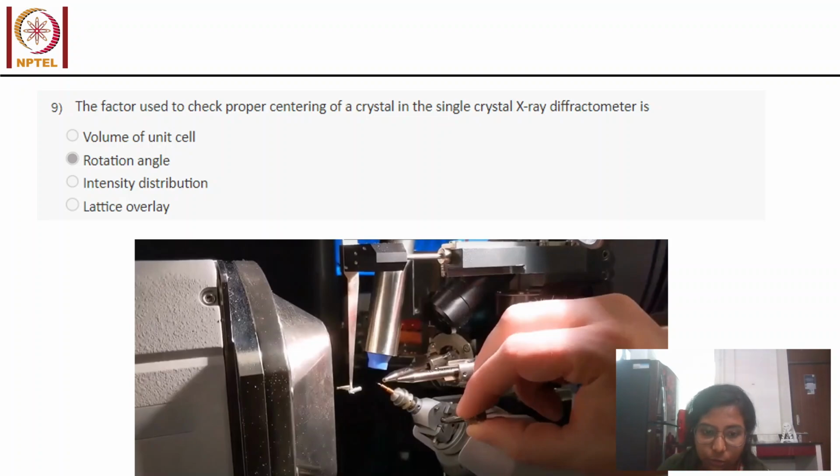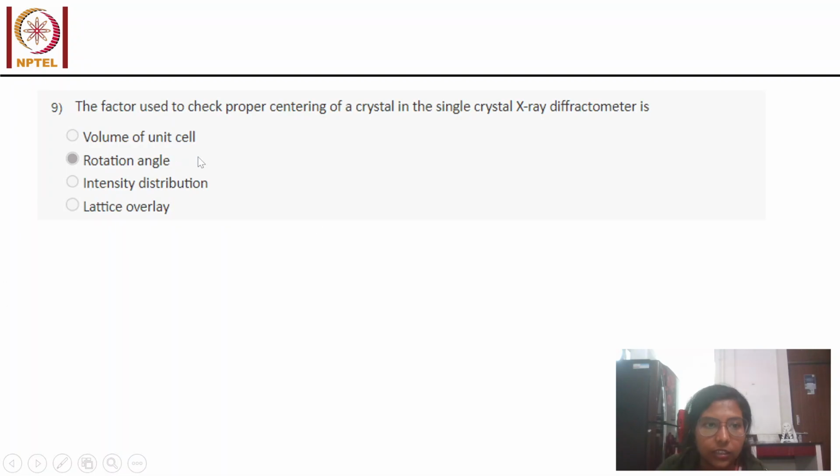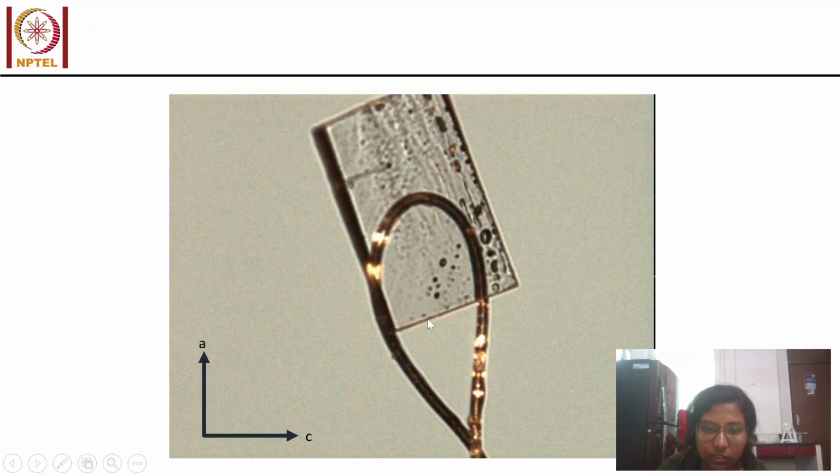Hence there is something to stop the X-rays, which is this beam stop, made of a material capable of highly absorbing the X-rays. So that is the beam stop. We have the detector, the goniometer, which rotates. So only this parallel beam slit is not a part of the single crystal X-ray diffractometer. Then we have this: what is used to check the proper centering of the crystal? So what is that basically? When we take a crystal under the diffractometer,